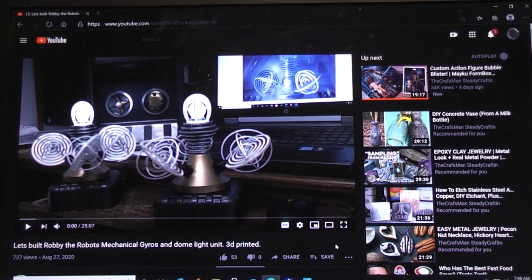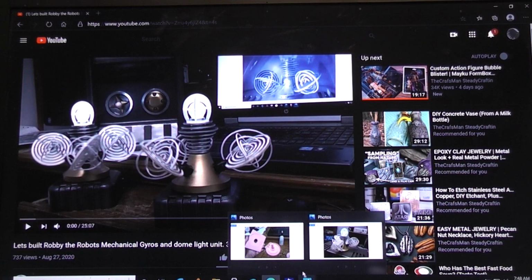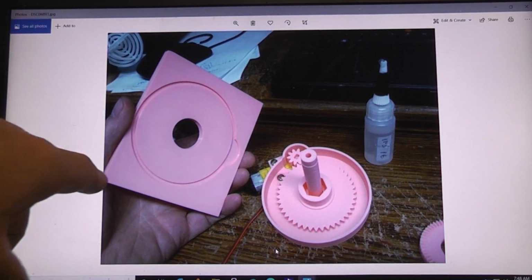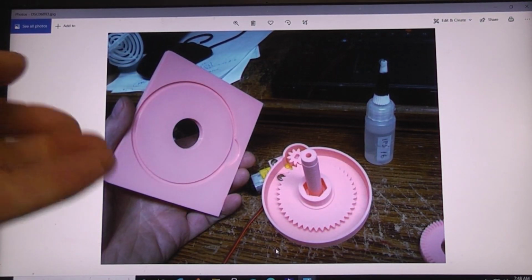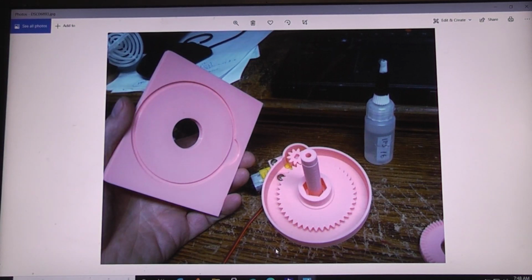And let's take a peek. I think I have some pictures brought up. Here we go. So the main difference is instead of that whole big shell, there's going to be this flat plate that we print, because that way we can glue that up into the top of the head. And let's just give a quick overview, because you can go watch that other video for all the information. But a quick overview would be,